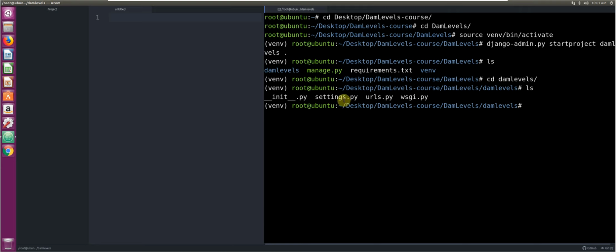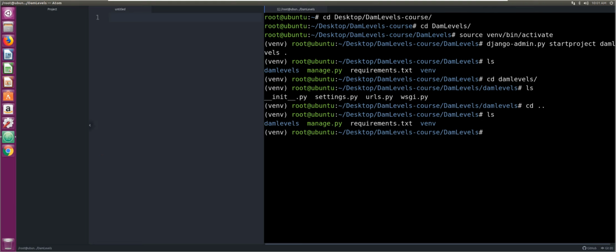Okay, so as you can see, our settings.py file has been created for us. So now we change back. Okay, and the next thing that we're going to do is create our dam levels app. So we have our dam levels project, which includes all our project files as well as manage.py, and then we have our dam levels app, which includes the files for our app,